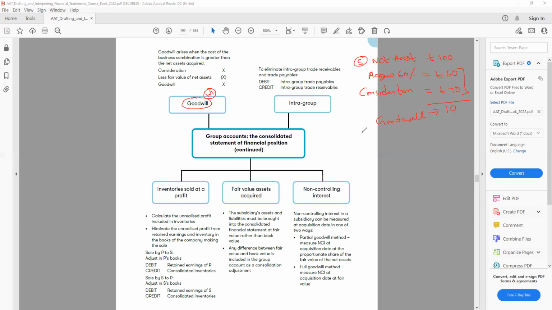One more thing we have to remember: it is possible the goodwill can be impaired. If there is an impairment of the goodwill, we have to take it away to find out the actual value of the goodwill. Now, what is impairment? It is exactly like depreciation or amortization. For any reason, if we feel the value of the goodwill we determined is now reduced,